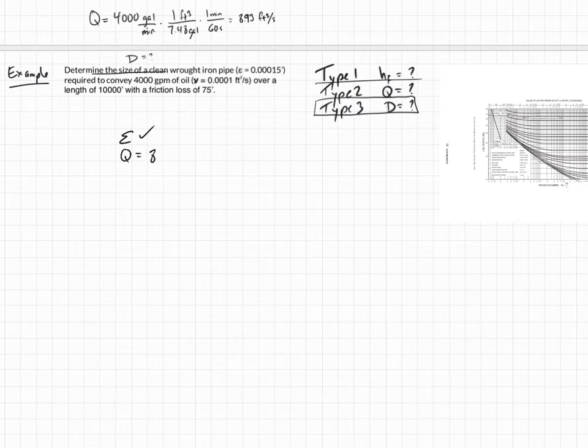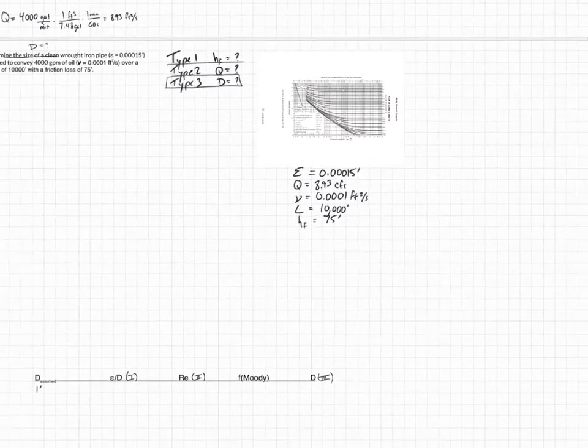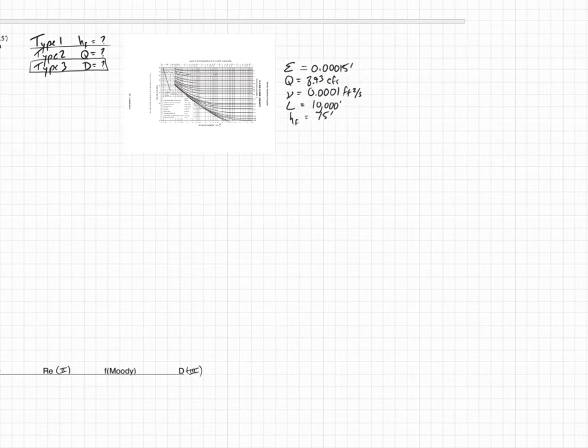Now let's go ahead and put these things in here. 8.93 CFS. Epsilon is 0.00015 feet. We've got the viscosity is 0.0001 feet squared per second. We've got length equals 10,000 feet. And we've got a friction loss of 75 feet. Okay, so if I grab all of that and I bring it over here,